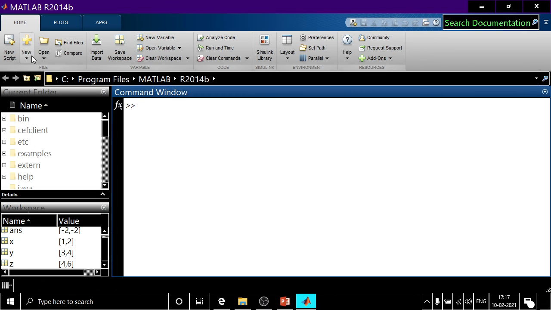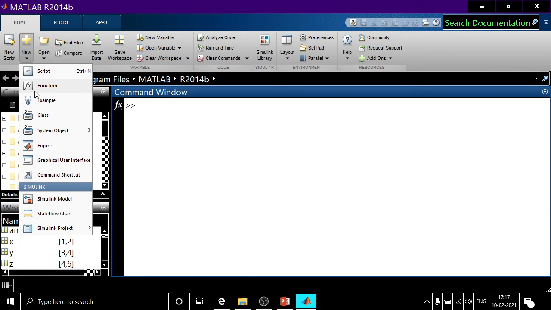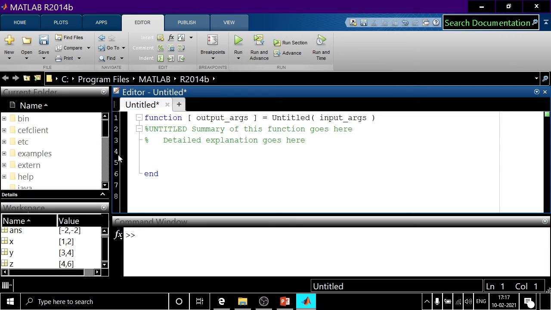So let us make a new function. New function. Okay. We have to give a name. If there is nothing, or you can give a name to it. Say its name is out. So its name is test2, right?